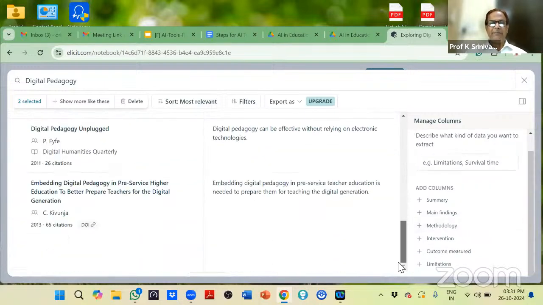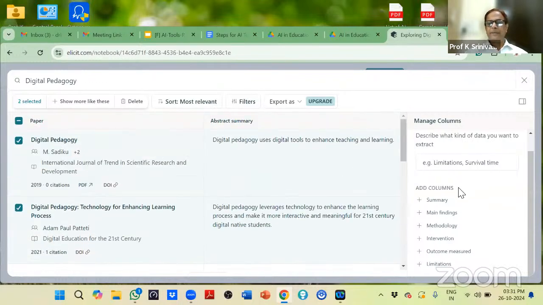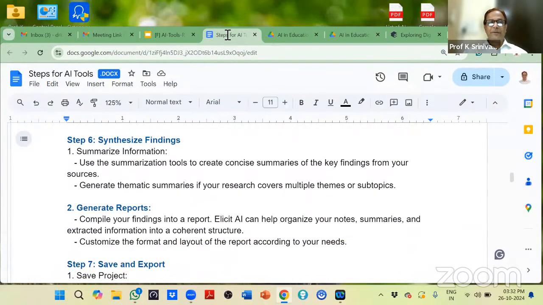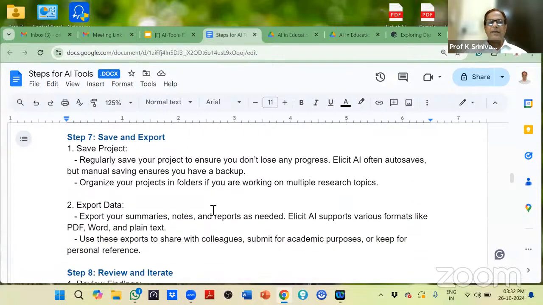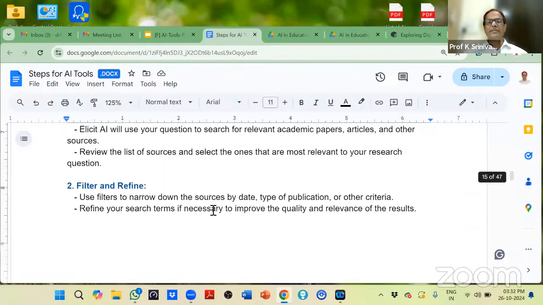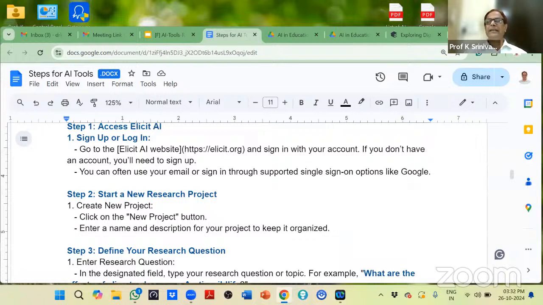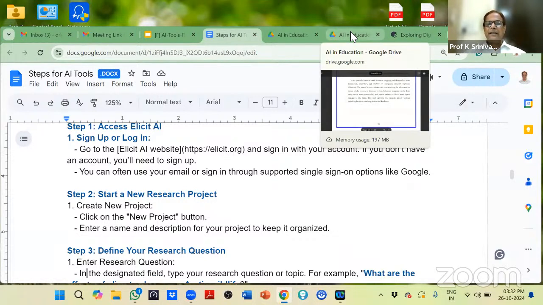और सबसे इंटरेस्टिंग इंपॉर्टेंट वाली बात क्या है कि इसमें एक्स्ट्रा मेन फाइंडिंग्स क्या है, मेथोडोलॉजी क्या है, इंटरवेंशंस, आउटकम में। सो ये सारे चीज इसके साथ आप लोग कर सकते हैं। और उसके बाद सिंथेसाइज फाइंडिंग्स हो सकते हैं। और उसके बाद सबसे इंपॉर्टेंट है, रिपोर्ट भी जनरेट आराम से हो सकता है। ओके, और इसको इस तरीके से यूज कर सकते हैं। एलिसिट एक वेरी इंटरेस्टिंग एंड इंपॉर्टेंट टूल है, इसको हम लोग अच्छा खासा यूज कर लेंगे।